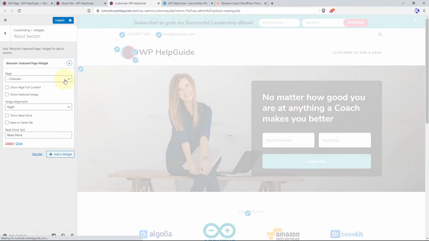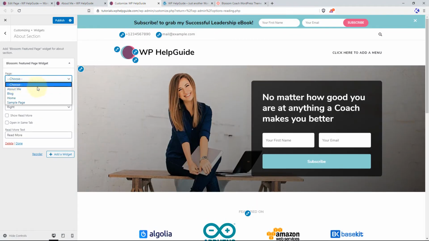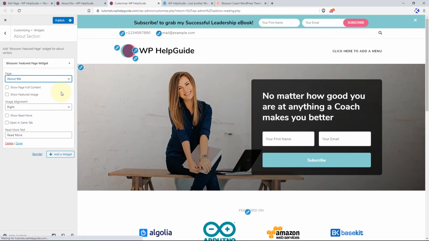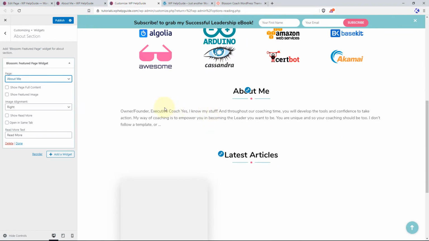Select this widget and here you will see the pages that you have created in the drop down list. The page that we want to use is about me, and scroll down, and currently here you can see the content. Here you get an option to display full page content. So let's enable this option,